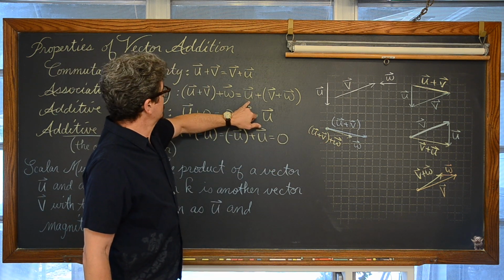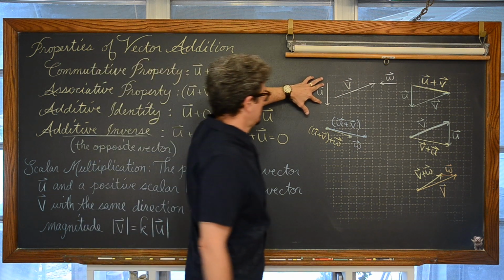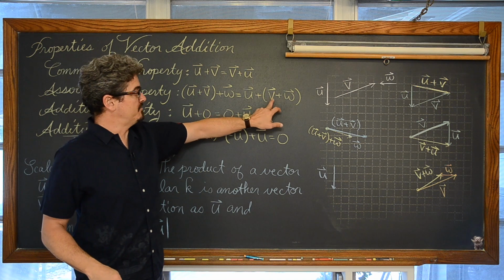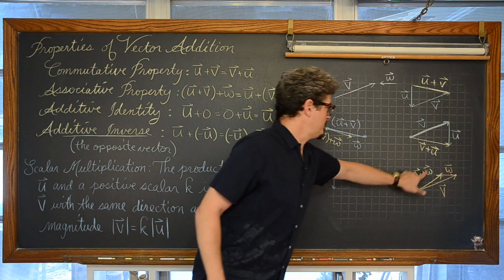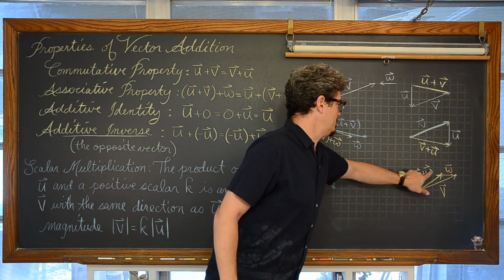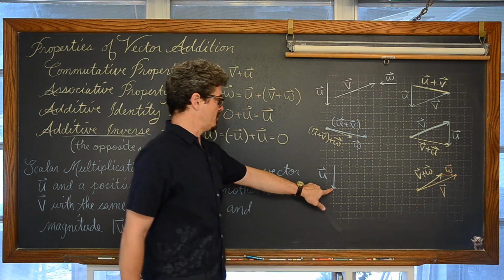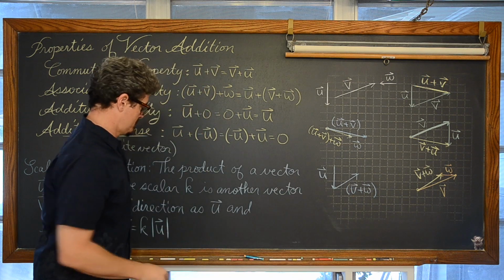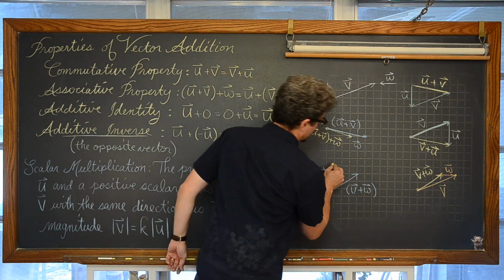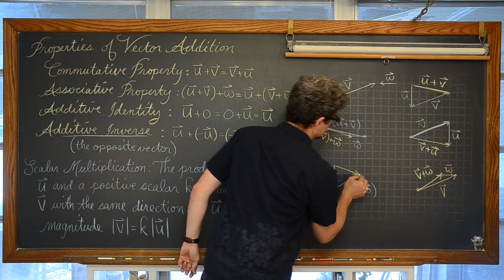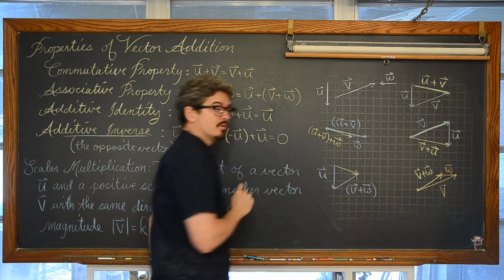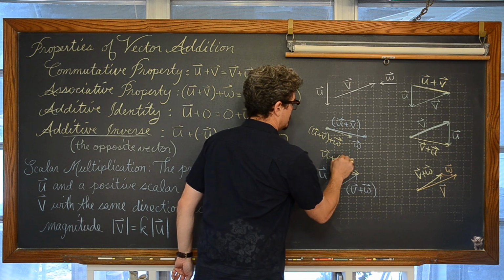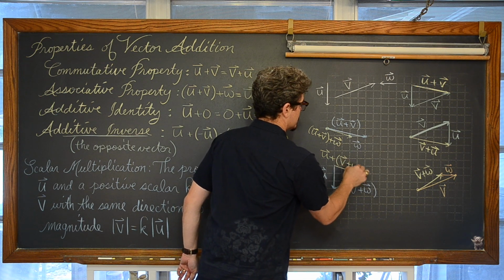Start with vector u, which is going down 3, and add with it the sum of v plus w. Well, v plus w is a vector that goes up 2 and over 3. So from this terminal point, up 2 over 3, and we have got a final resultant, first initial point, final terminal point of vector u plus the sum of vector v plus vector w.